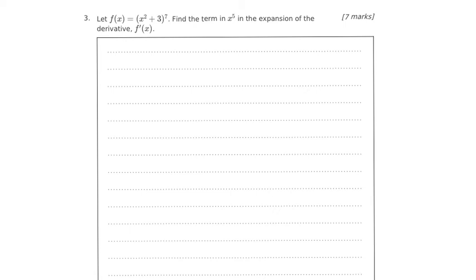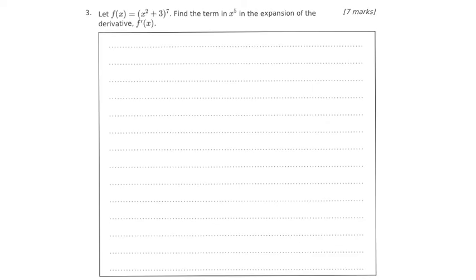Question 3. Let f of x equal (x squared plus 3) raised to the power of 7. Find the term in x to the power of 5 in the expansion of the derivative, f dash x. So the first thing we have to do is find the derivative of f of x. So f dash x,